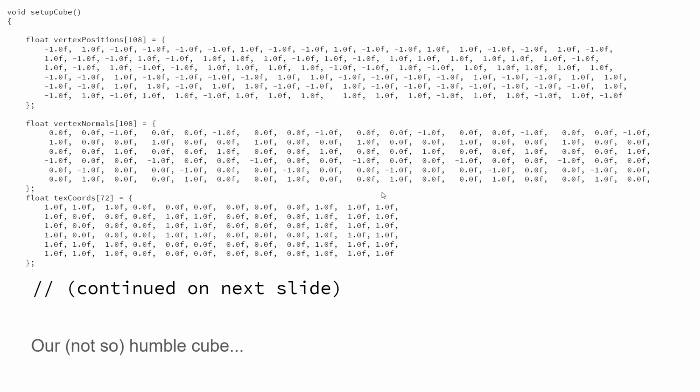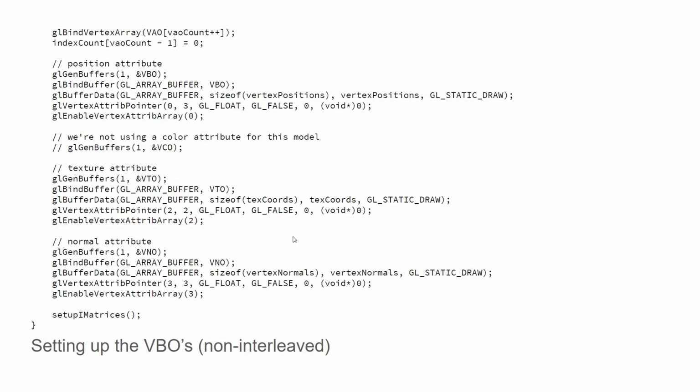And just for completeness' sake, if you want to look at the normals, the cubes, the texture coordinates that I have, this is our now not so humble cube. This is the setup piece. I wanted to talk a little bit about, especially if you're comparing some of the other code that I had in some of the earlier lectures and some of the other online stuff, this notion of having your setup for a piece of geometry. So this is the setup for our cube here.